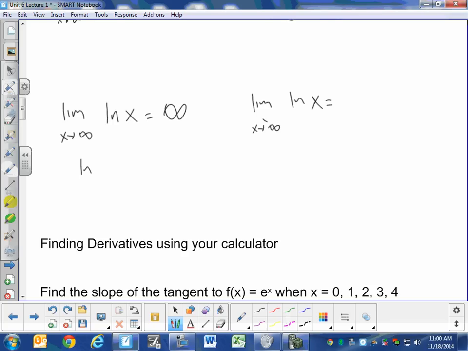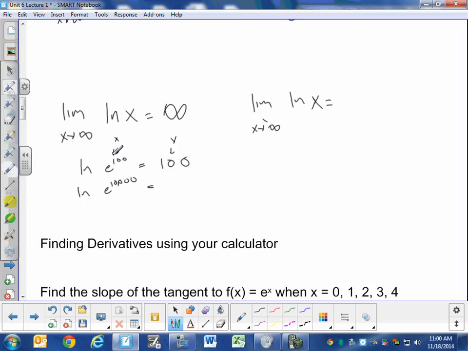And you can think of that by using different powers of e. E to the 100, huge number, gigantic number, e times itself 100 times. Well, the log of e to the 100 is 100. Okay, so if I'm talking about this as my x value, this would be my y value. Well, if I plug in a bigger power, like e to the 10,000, that much bigger than e to the 100,